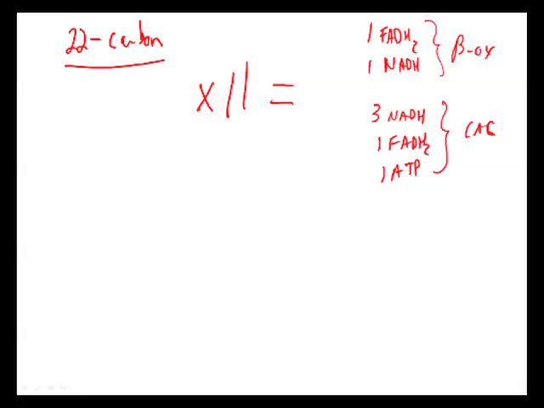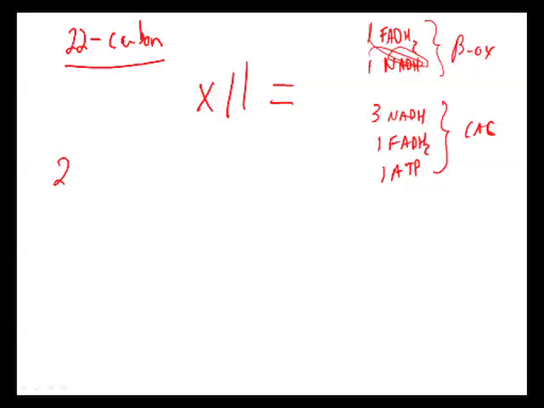You should already know how much product we get from the citric acid cycle. You should already know we get 3 NADH per acetyl-CoA, 1 FADH2, 1 ATP. We're just adding now something a little extra: FADH2 and NADH from the beta oxidation process. So if we add all these numbers up,